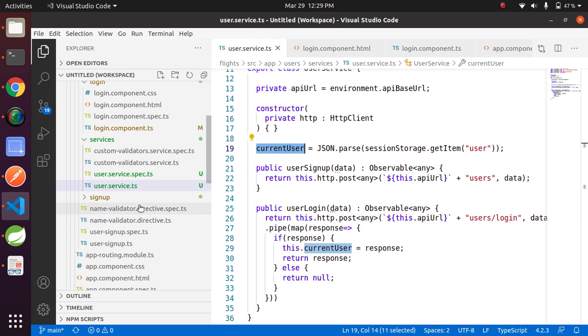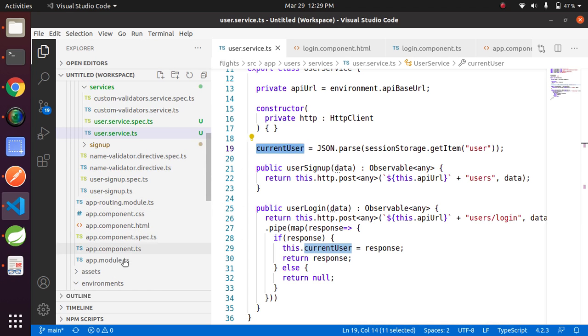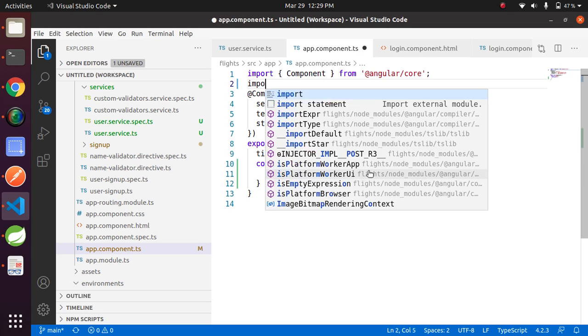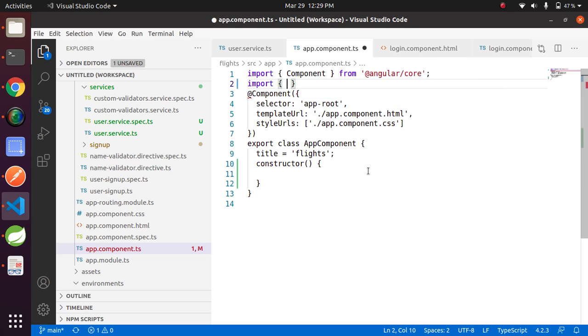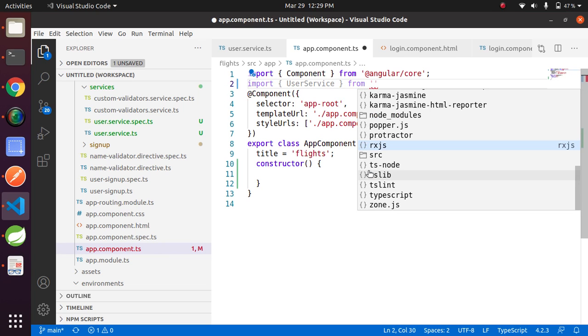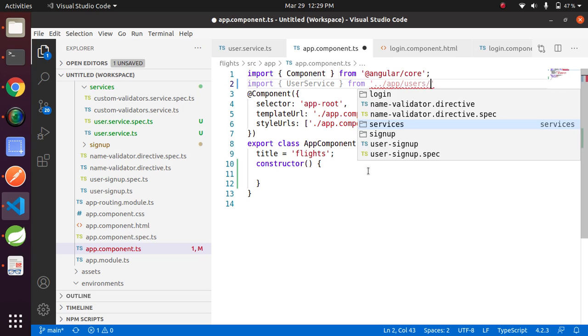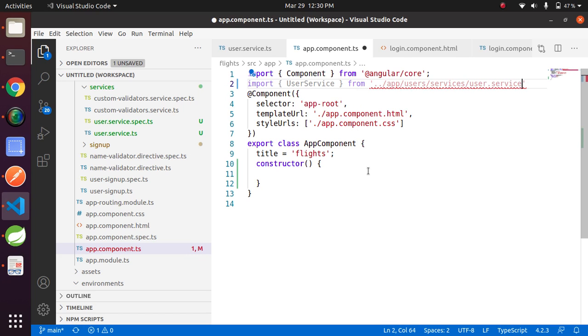Let's open the app component.ts file and inject user service in the constructor. Import user service first, user service from services / user service.